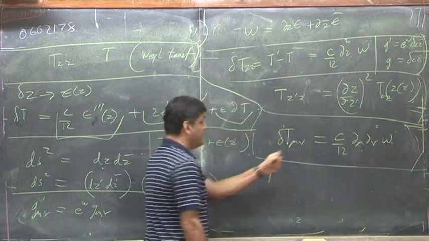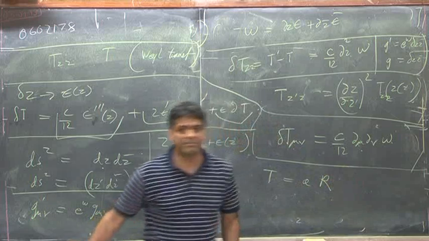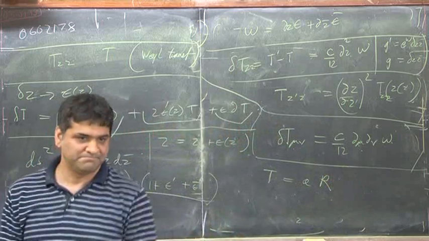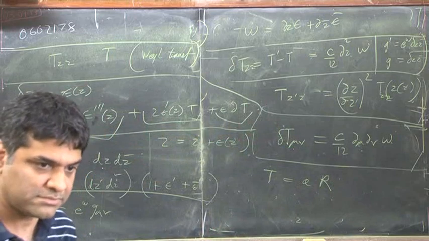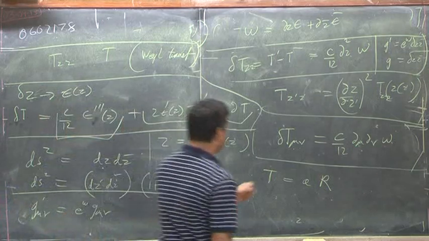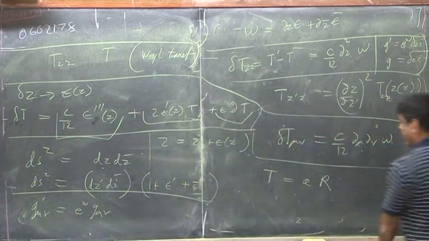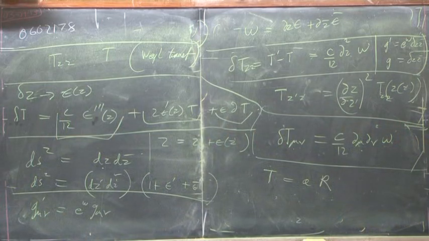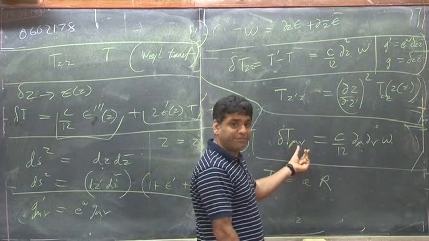So this T here has to be some A times R by dimensional analysis. And the question is, what is A? But that's very easy to figure out. All we have to do is to figure out. So now we take this formula and make it a formula for the variation of the trace of this